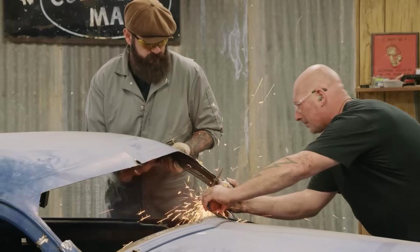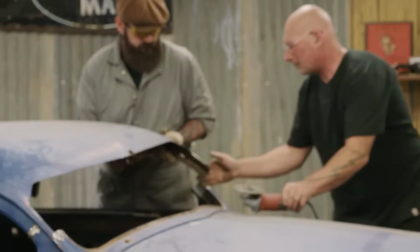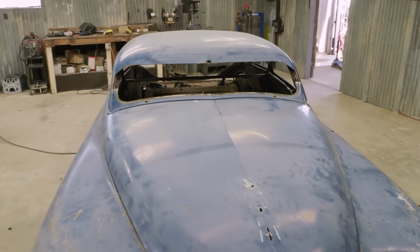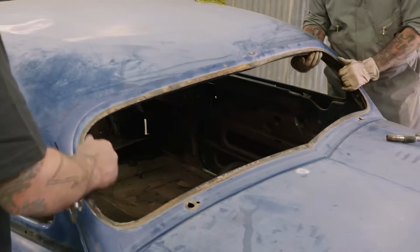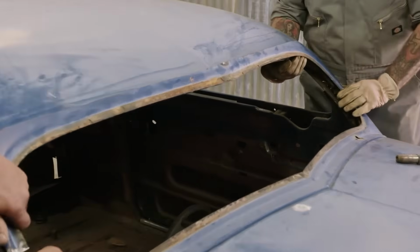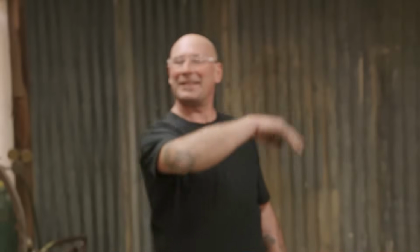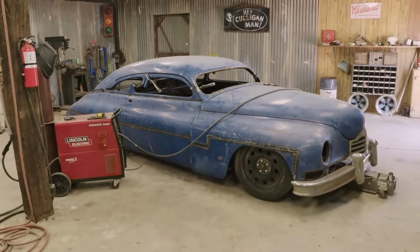This is exactly what it needed, you know? It was right there, and I just took it a little bit more. And that's what I want, it's perfect. So the idea now is we can tailor this windshield any height we want. Look at that, it rolls right into the side window. Oh, wow. Totally cool. That call of making it like an inch less chopped than the rest of the car,